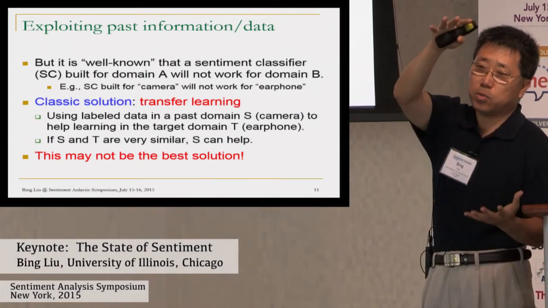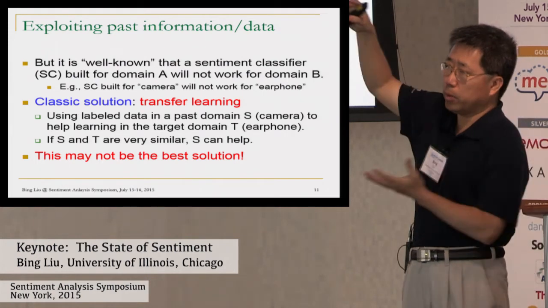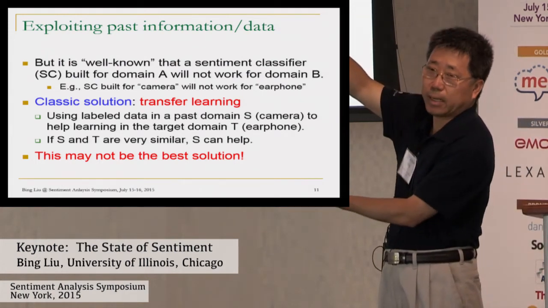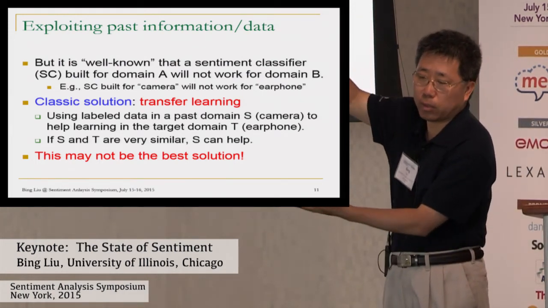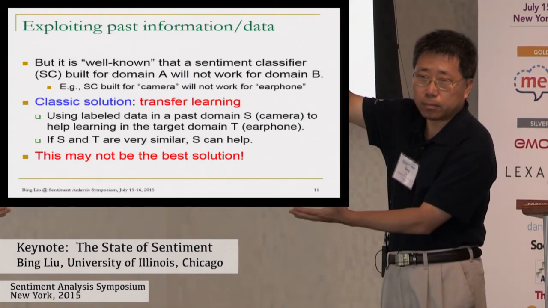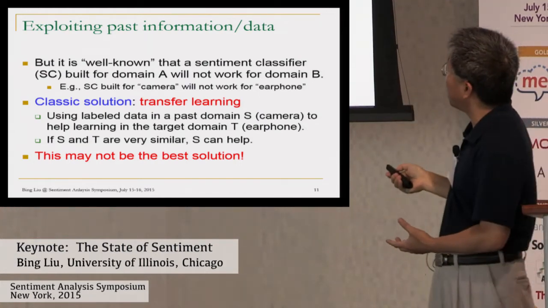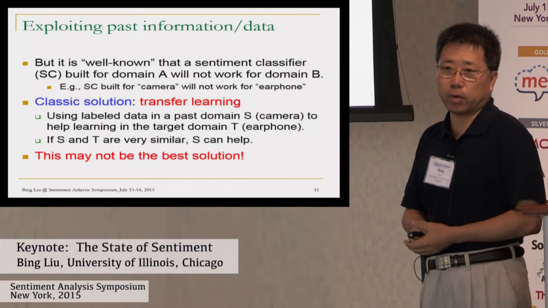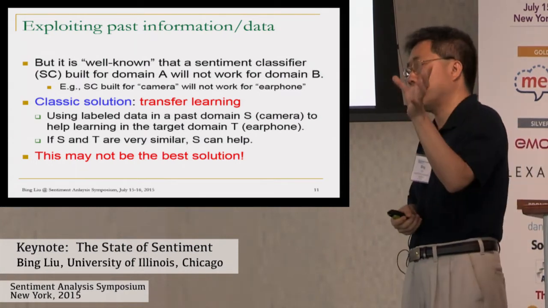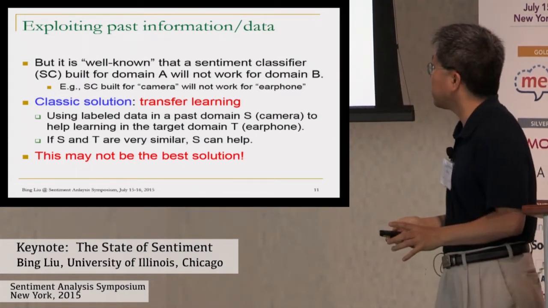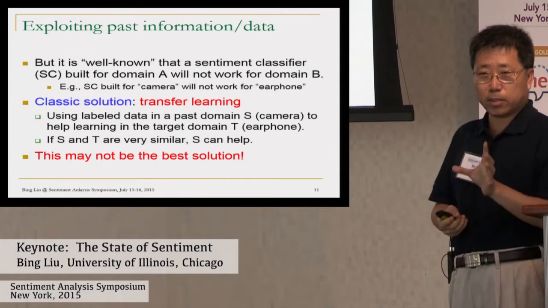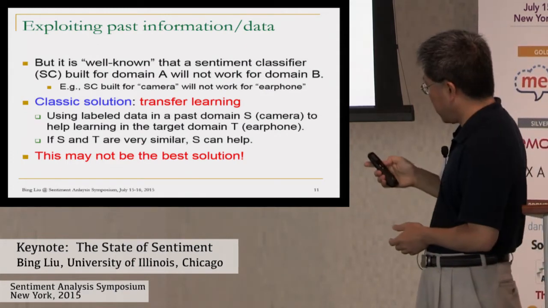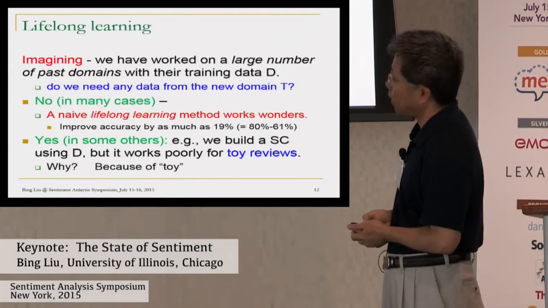Essentially, I'm going to use some data here to help me do well in the next domain, where I don't really have any training data. Or I have a little bit. So this is the traditional, what is called transfer learning. You transfer some information from one domain to the next domain. But I think this is not the best solution,